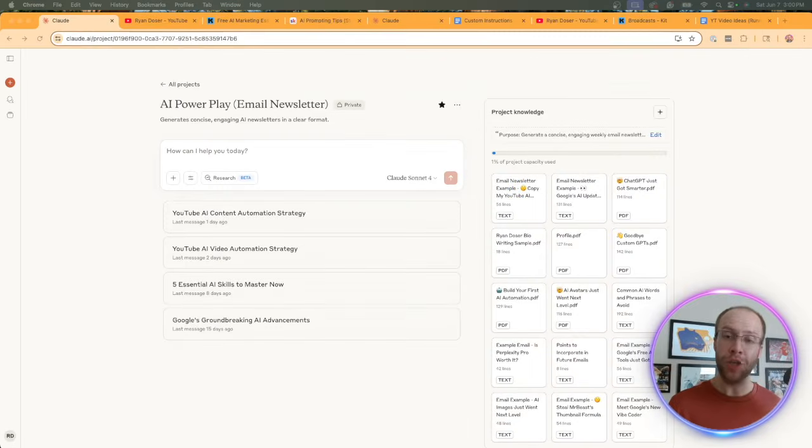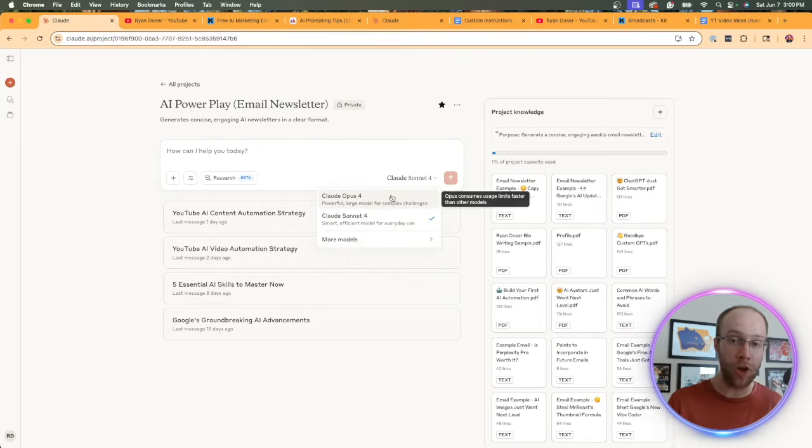So if you've never used Claude Projects, this is a customized version of Claude AI that will improve efficiency and get way better outputs than just using the main screen of Claude. You can think of this as an alternative to a custom GPT, but superior in my opinion, because I personally like Claude Opus 4 and Claude Sonnet 4 as superior models to what ChatGPT has to offer. And in order to create projects, you must be on a premium version of Claude, whether that's Pro, Max, Teams,